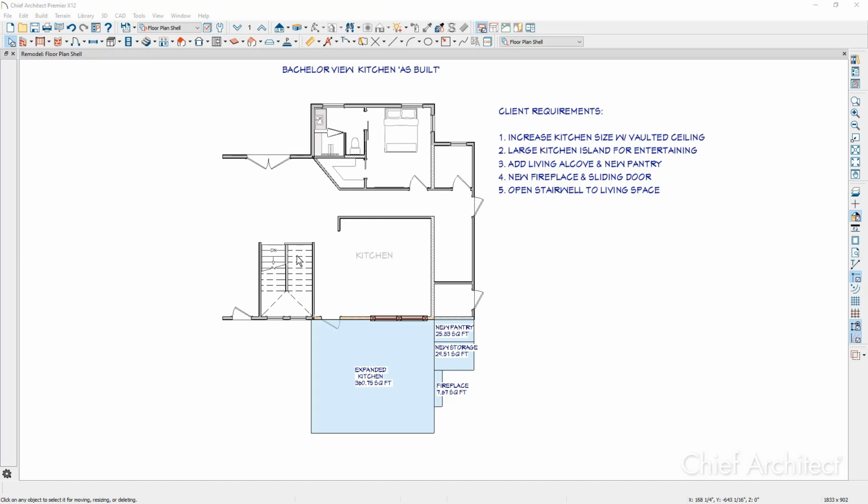Now the first thing I'm going to do is take this segment of the wall and pull it back to the outer edge where I've got the new expansion superimposed. To do that, I'm going to click on the wall, and there's a break tool you're going to find in your lower edit menu. I'm going to click a break right in this intersection. I'm going to do the exact same thing on the other side and click a break right in this area as well.